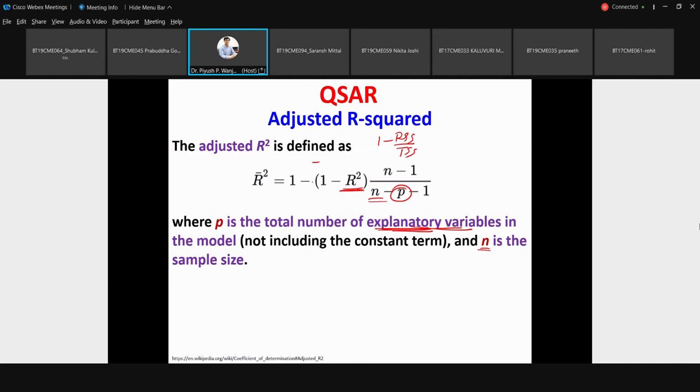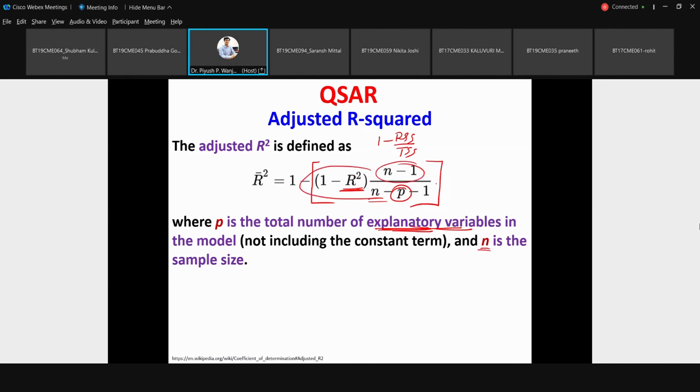Now you can consider this factor as 1 minus this entire term. As more and more variables are added, what is going to happen to this particular factor? This number will decrease, and if this number decreases, this will increase.